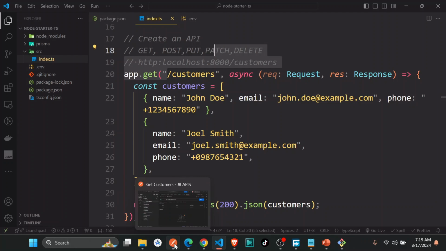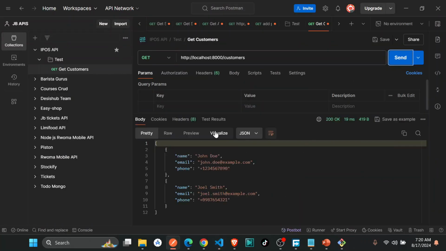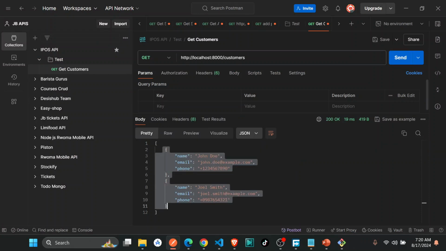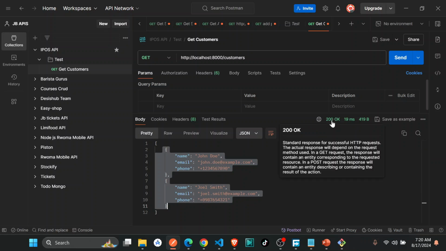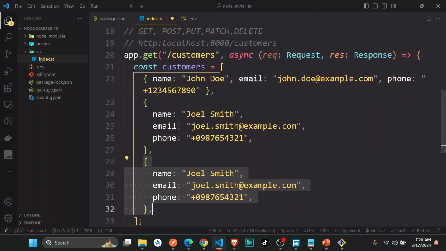So let's go ahead and run this. Just like run, and you can see after running this, we have our two customers. And the status we specified is here 200. If for instance we specify, maybe we add one more person here, we just add, okay,